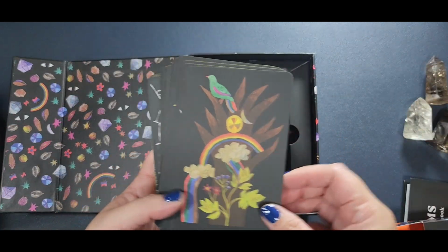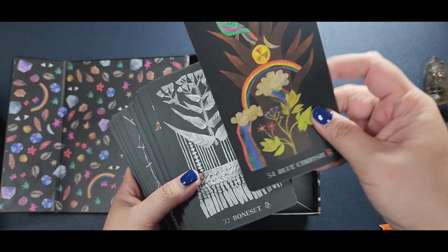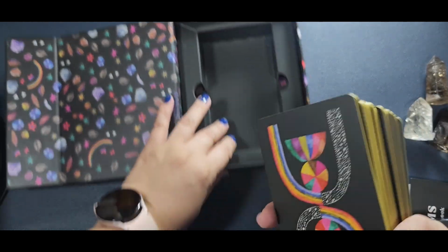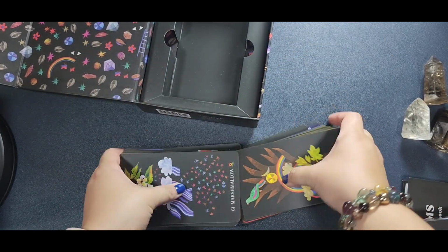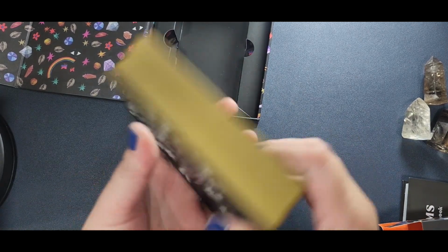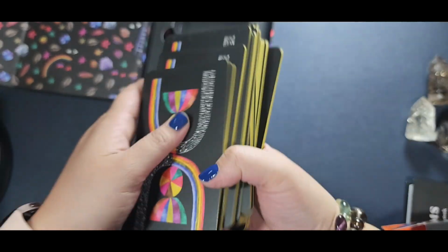Now, it is gilded in this matte gold. It is in this thick matte cardstock. It's easy enough for me to shuffle. Even though it is relatively thick and relatively long, I can shuffle it and I can also overhand it. And yeah, I love